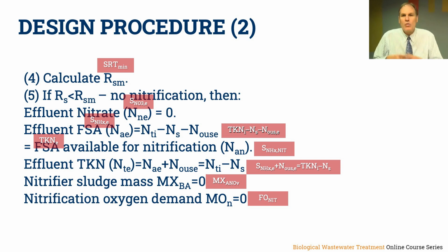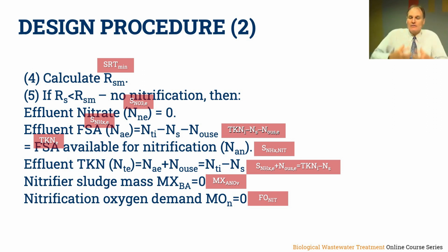We then calculate what is the minimum sludge age for nitrification based on the maximum specific growth rate that we've selected for this particular wastewater. Now, if the sludge age of the system is less than the minimum for nitrification, then no nitrification will take place. And then the effluent nitrate concentration will be 0, and the effluent ammonia concentration will be the influent TKN concentration